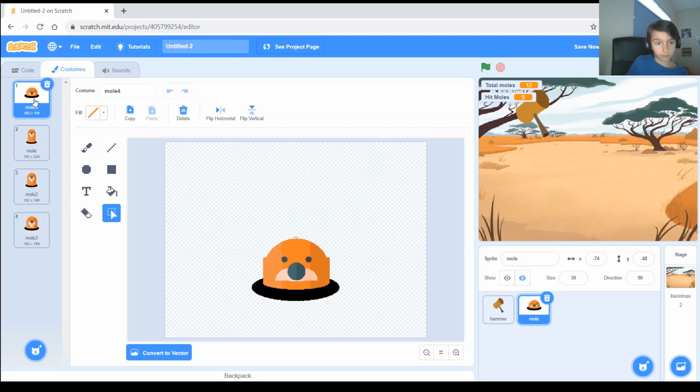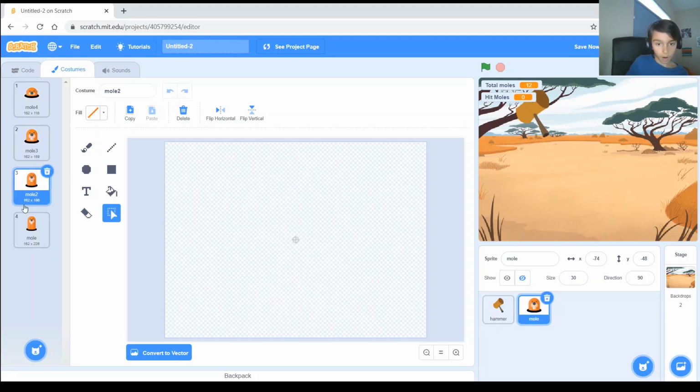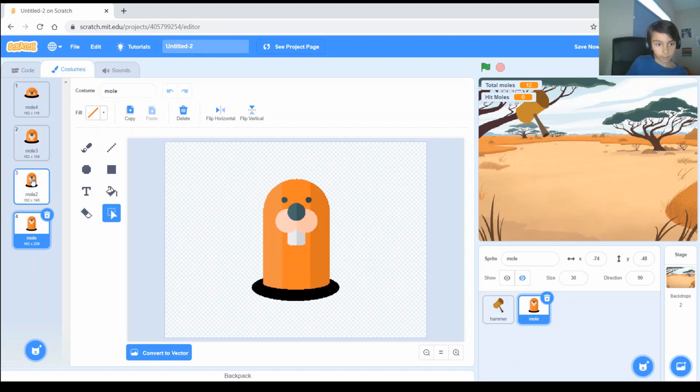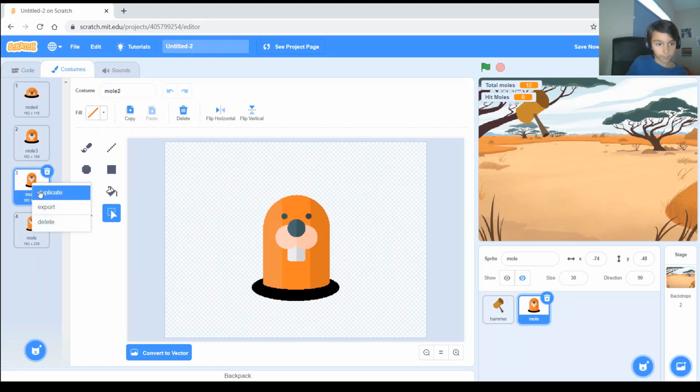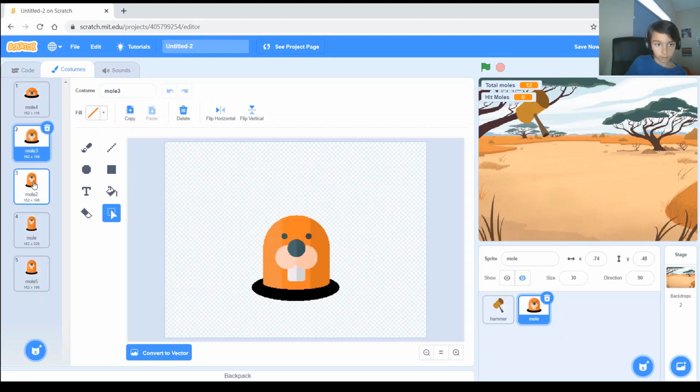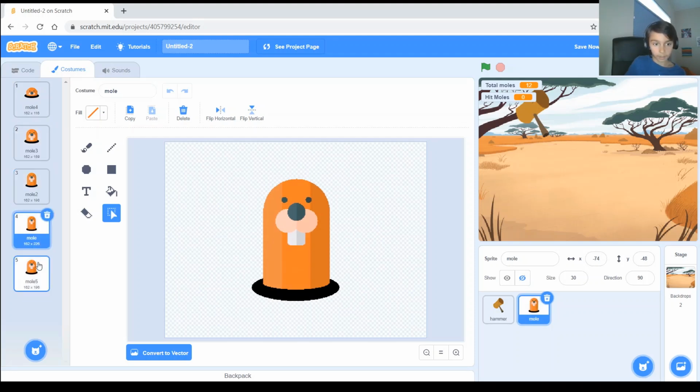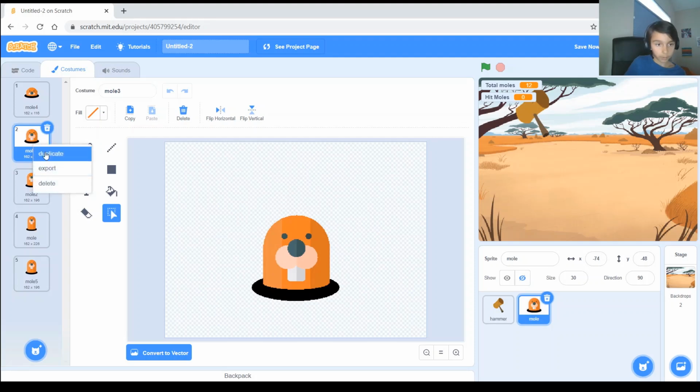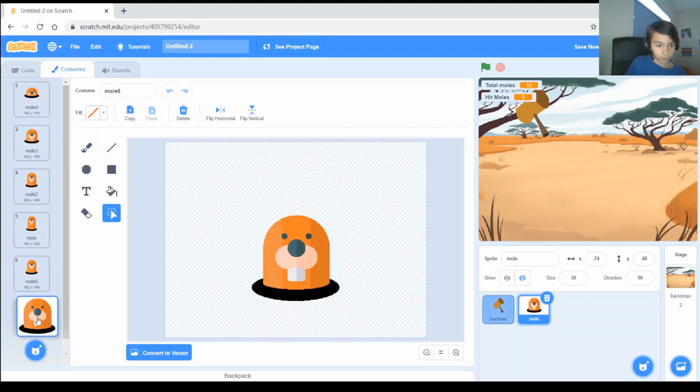So now we have to change the order of these costumes, because first it needs to appear from the bottom, and then this one, and so it'll appear like that, then it'll go up, and then it needs to go down again. So we have to duplicate this one and put it right after. So it goes from the very lowest, higher, the highest, and then one lower, and then we need to duplicate this one and put it there. So from lowest